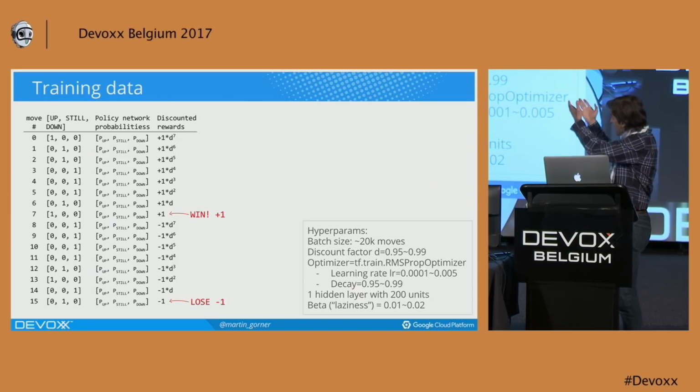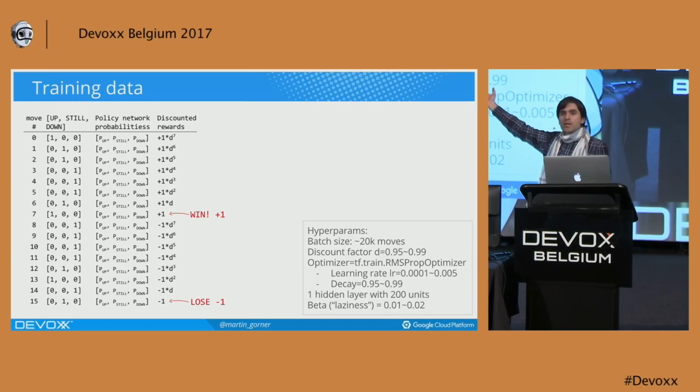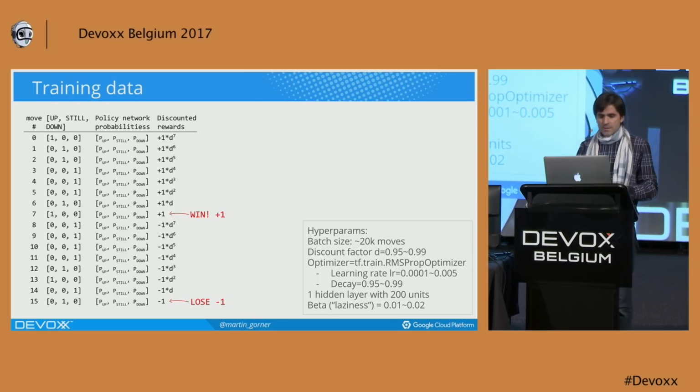All right, so this is how your training data set will look. For each move, you know what your network predicted, you know what you actually did, and you know what the discounted reward for this move is. Because you played until the end, you computed the reward, and you discounted it across this whole point. And of course, you restart your discount every time you score a point. So the data set looks like this. It's just a big table of numbers. And on this data set, the loss is simply the multiplication of everything in one line.